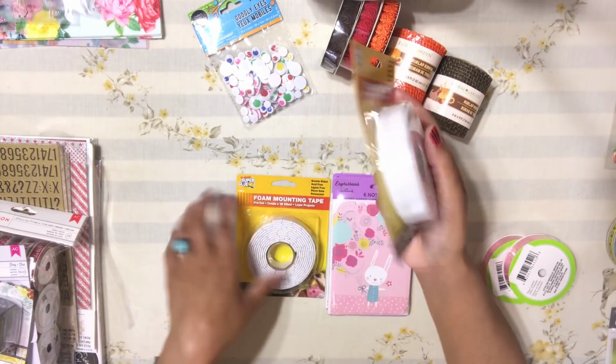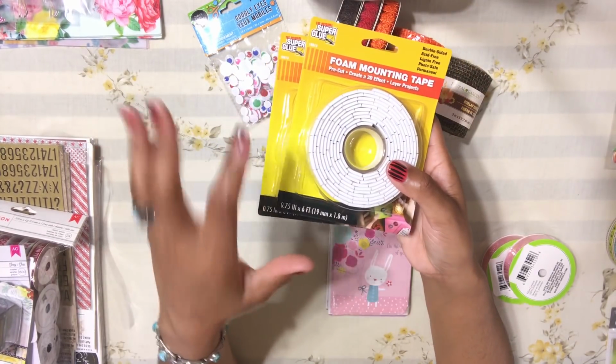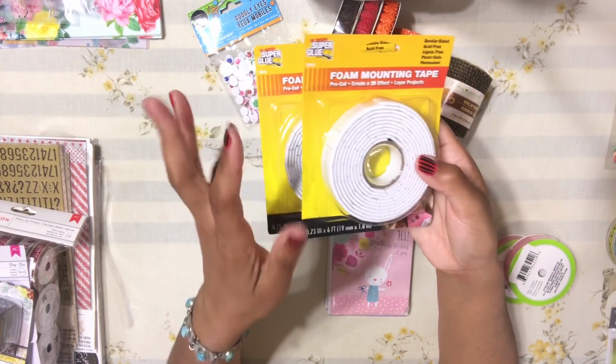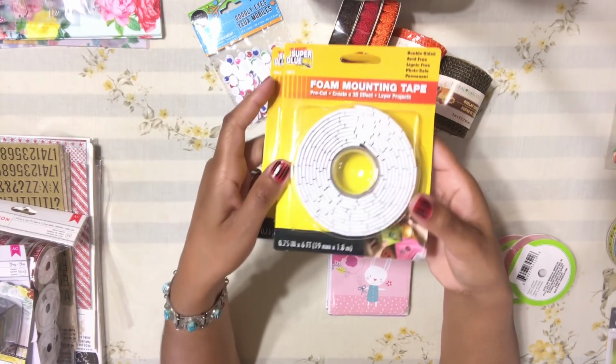Okay, I found more of these foam, you know, guys, I talked to you guys about this tape. I love these tapes. Every time I'm at the Dollar Tree, I grab at least 2, if not 4. I love them. They're like the best foam mounting tapes ever. So I grabbed 2 more of these,